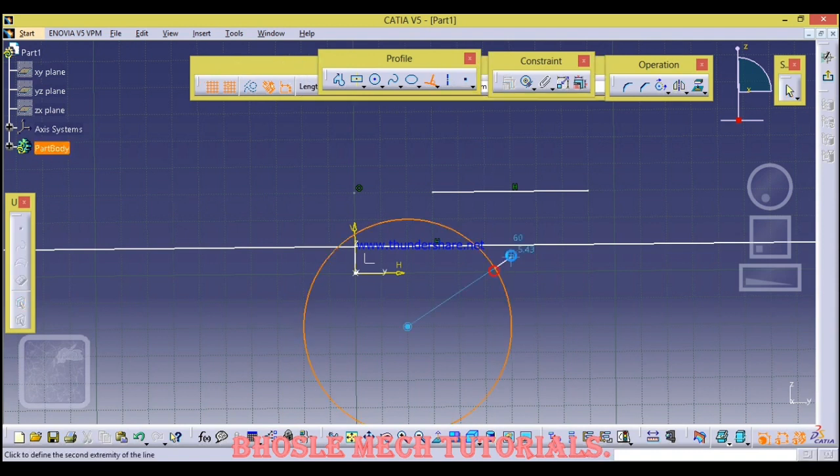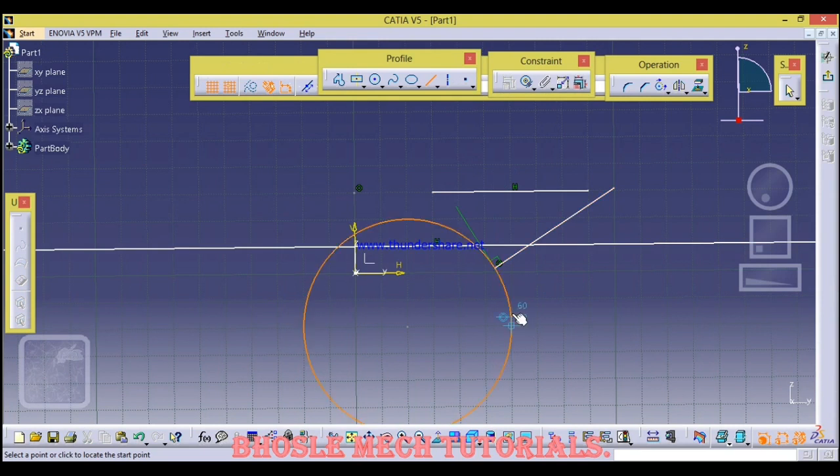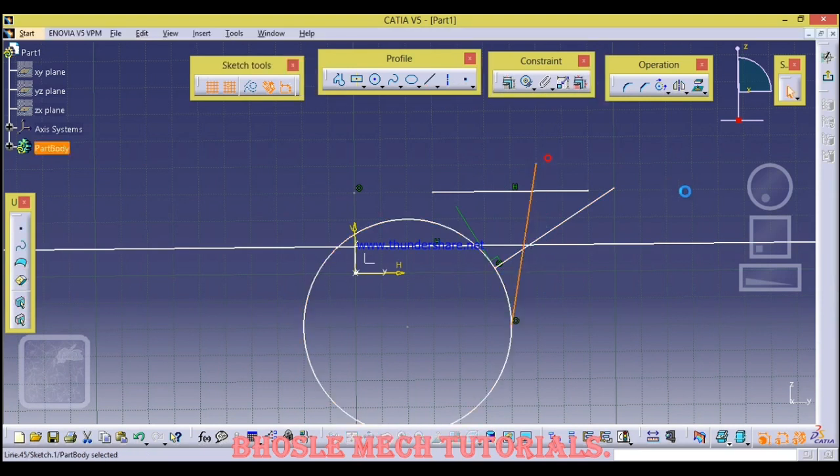Just click on that and you will get a line perpendicular to that arc curve surface. If I use just a normal line like this, I will not get exactly 90 degrees. See the difference here. That's why we use the perpendicular to curve command.